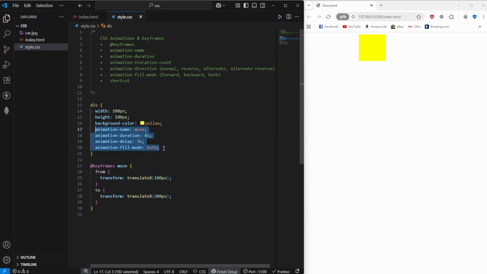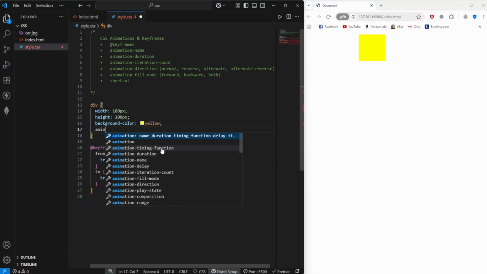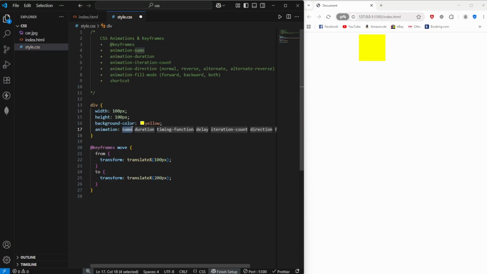There's also a shorthand property, and I really recommend everyone to just use the shorthand property because that is a lot faster and also a lot more clear in my opinion. So you're just going to type animation, and Visual Studio Code already indicates the properties that you have to fill in. So we can use a name, move for example. We can set a duration of 5 seconds for example. We could say we want an ease-in-out, for example,